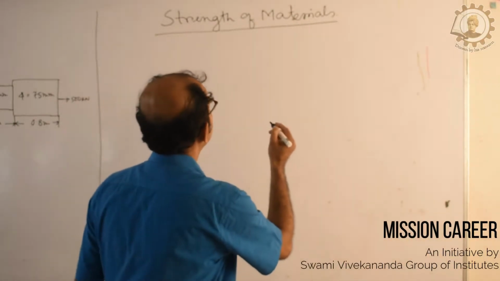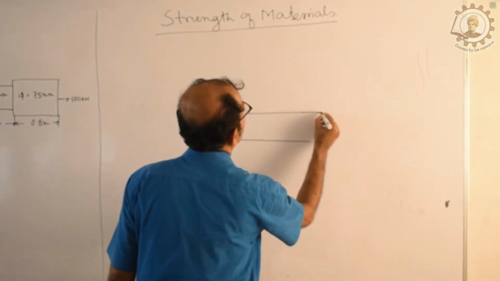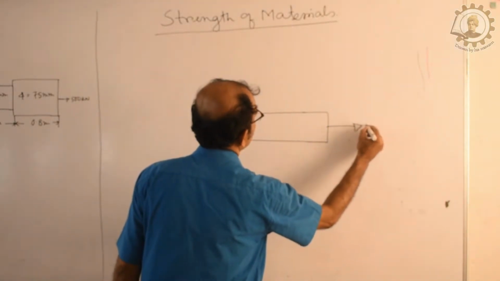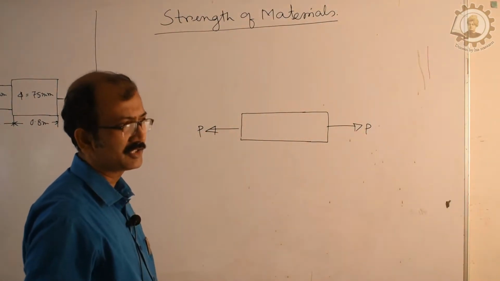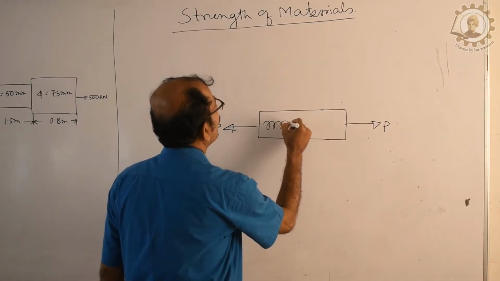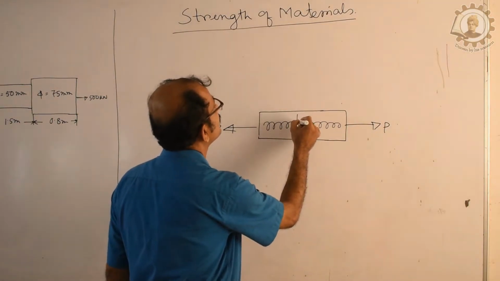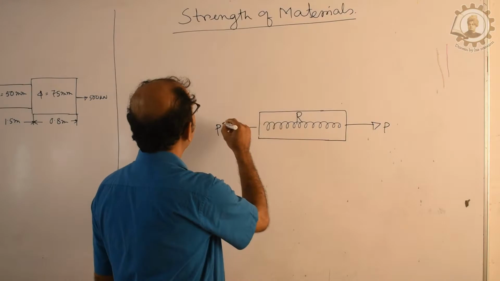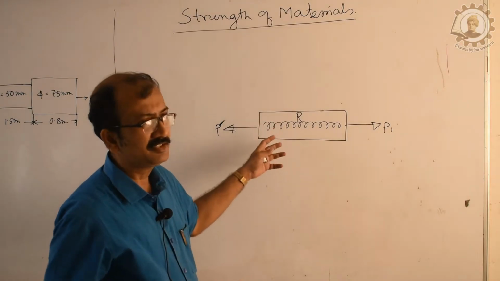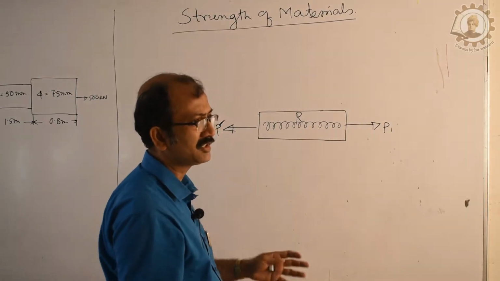So the stress, suppose a material is subjected to a tensile force, suppose P, and due to that force the material will be elongated, and due to that a resistive force will be developed inside the material. So that resistive force, that is R, and if we withdraw that external load or force, due to that resistive force the material will spring back from the deformed state to the initial state.